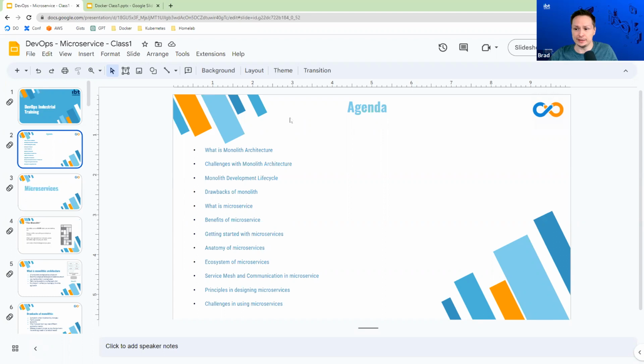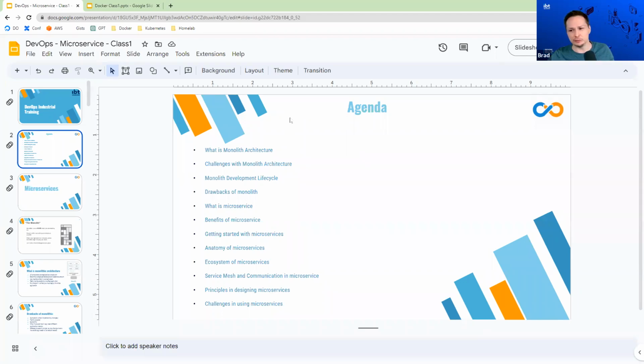We'll be going into how we actually use microservices, the anatomy of a microservice, and how we can actually build microservices. We'll also be getting into the ecosystem of microservices, service meshes, principles of microservices, and the challenges of microservices. So there's actually going to be quite a lot of talk about microservices today.